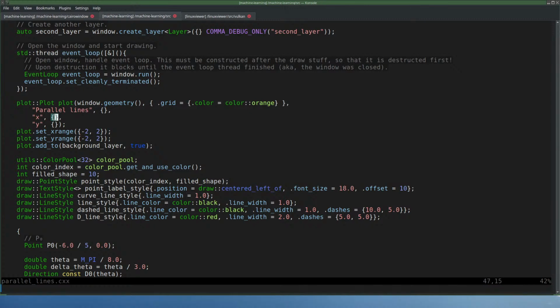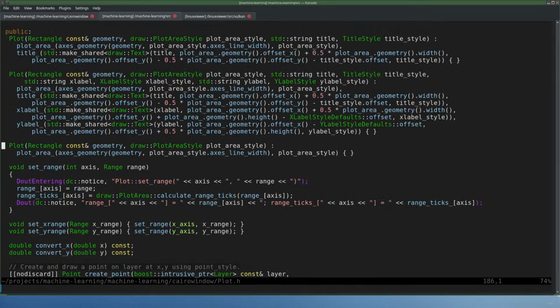Style is empty, so it's a default. Yeah, that was it. We have a default X label style. So the draw texts X label. So the X label has an offset, and I'm subtracting it